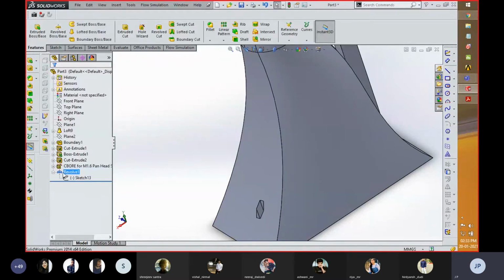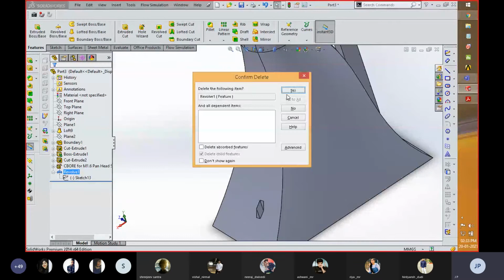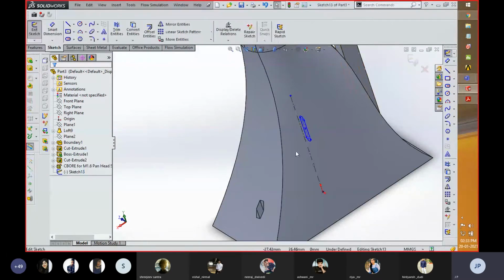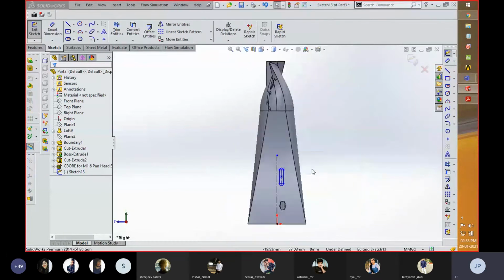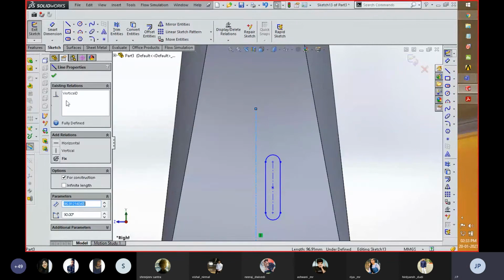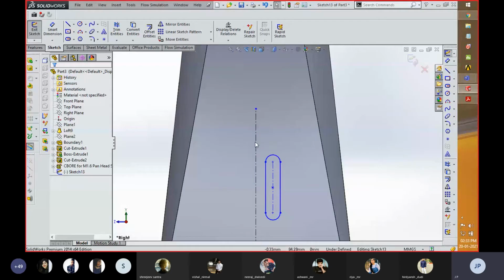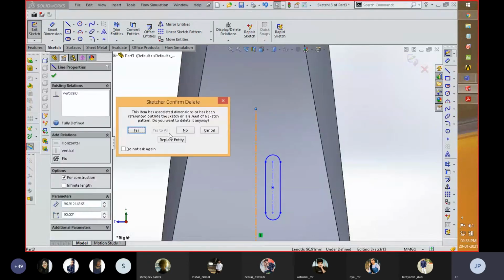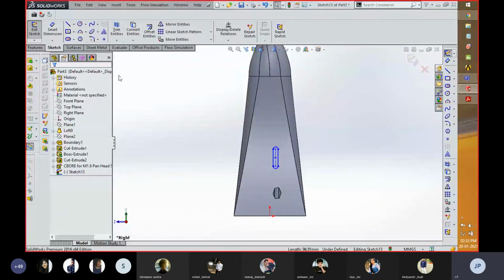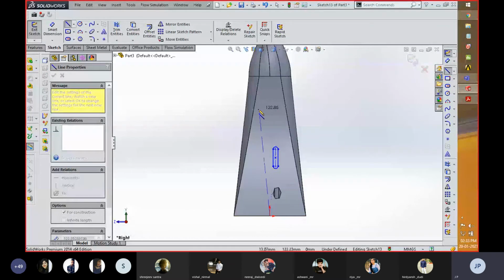So for that I am going to delete this revolve tool, and then edit this sketch. Again, I am going to follow. I thought the center line which was created by me was deleted somehow, or it is available. I'm going to check for that. For that, I'm going to delete this center line, so it is known to me whether it is available or not, or whether it was created by me or not. So that line is required. I'm going to create it again.